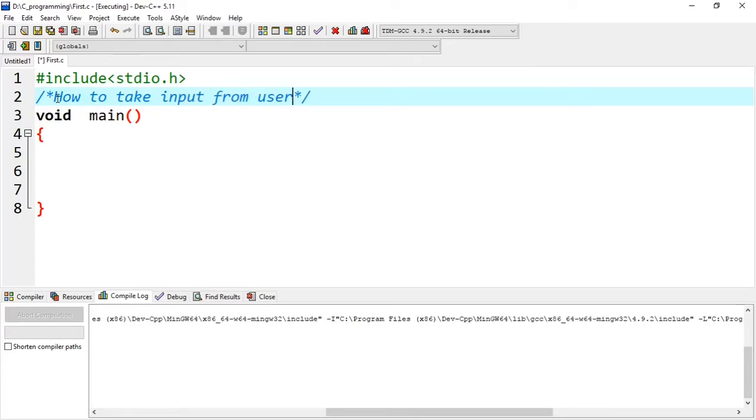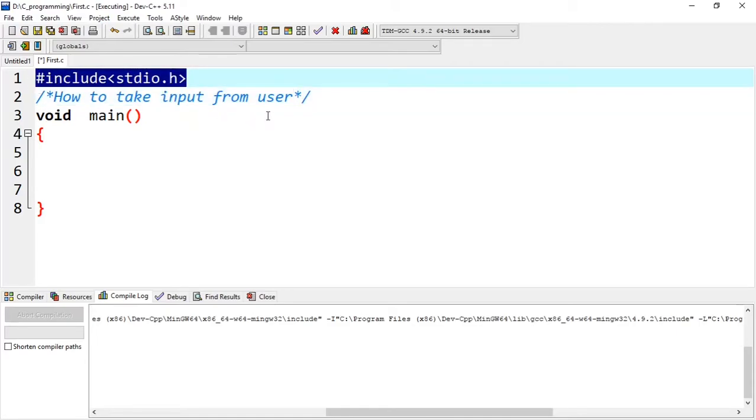How to take input from user, okay? Let us see in C programming how to take input from the user. Already I've discussed that this include stdio.h is required for all the C programs. In case of C++ it is iostream.h, and in case of C it is stdio.h. This is standard input output, which holds the macros and other required files for running any C program and taking input from the user. Everything is taken care of by this stdio.h, which is a header file. That means it's a combination of many programs, so it's called standard input output.